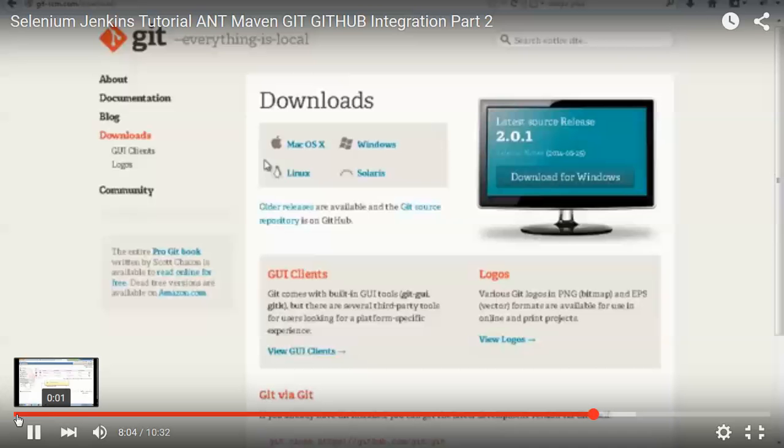Git is a tool which can help you in maintaining the version of the code on the server. It can help you to download the code from the server. It can help you to create branches or create forks, right? So Git is a tool which helps you in all these things. Fine. But the code will lie on some server, right? On some repository. There are a lot of repositories on the internet. The most famous one is